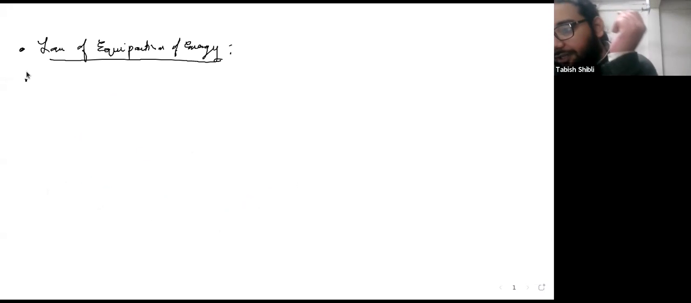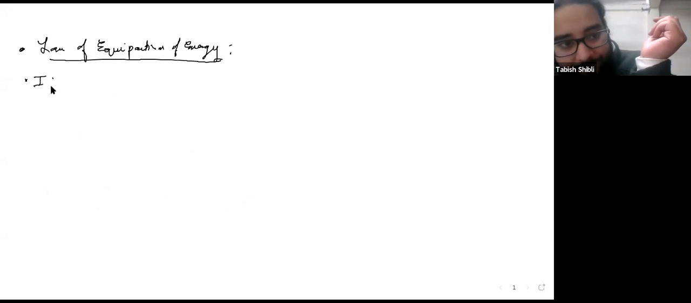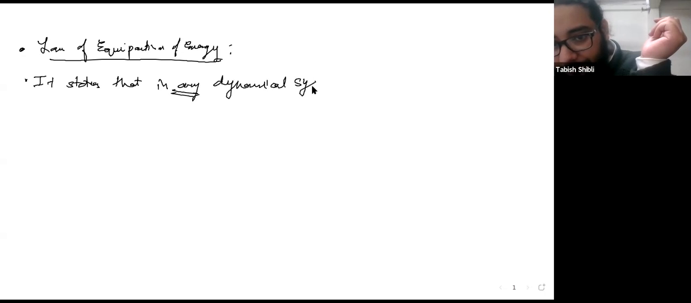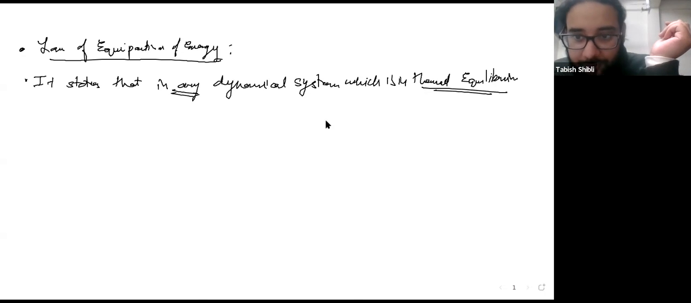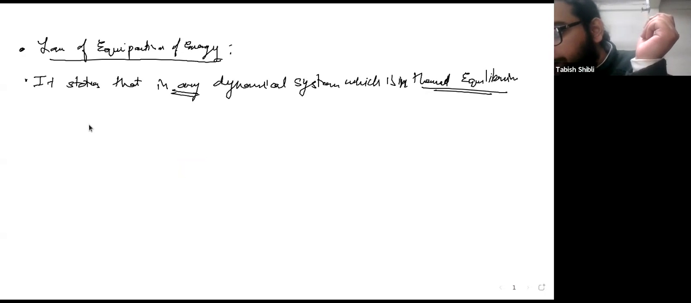Law of equipartition of energy. It states that in any dynamical system which is in thermal equilibrium, which is in thermal equilibrium is important. Underline thermal equilibrium because it's important,